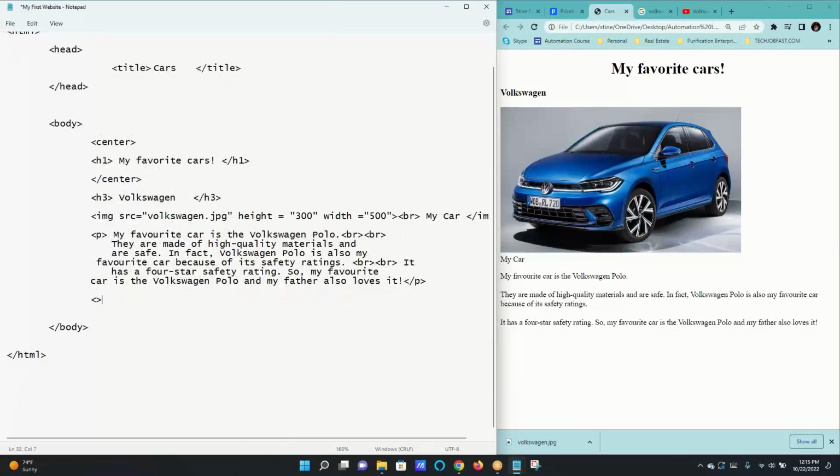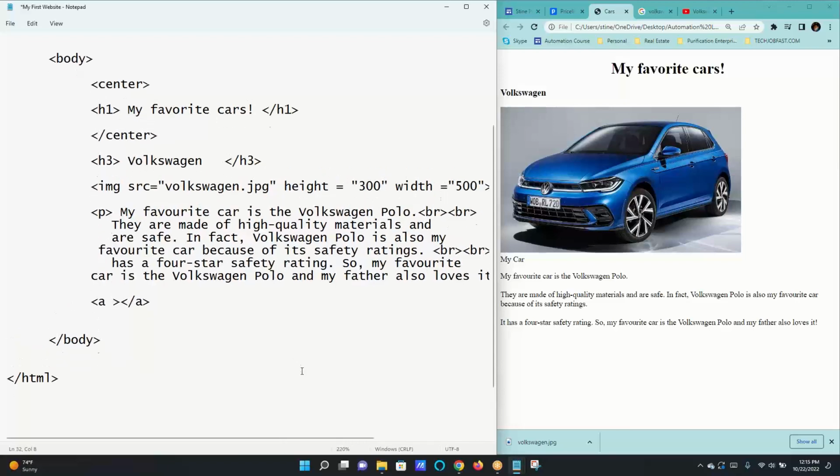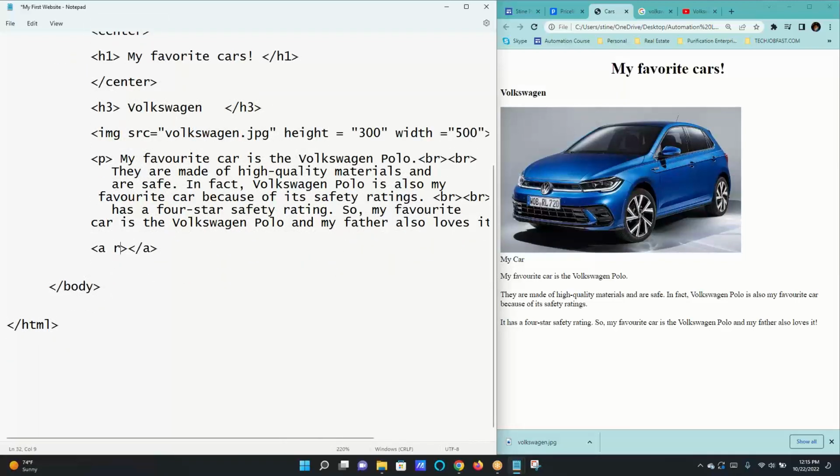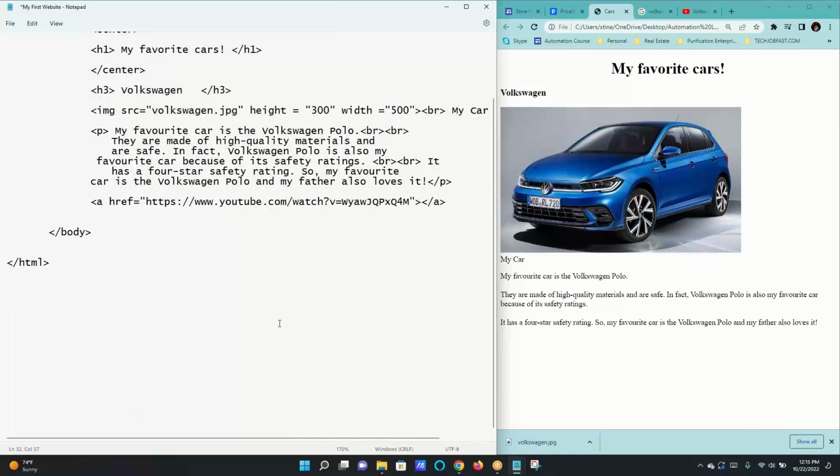So in here, I'm going to start with this open anchor tag, close anchor tag, go inside the opening tag, write the word href, meaning hyperlink reference, put an equal sign, put the double quote, and inside the double quote, I'm going to paste that link. If I paste that link and now hit save,